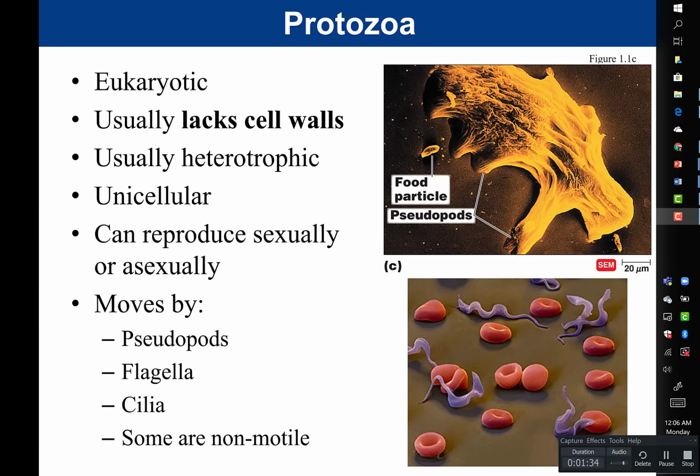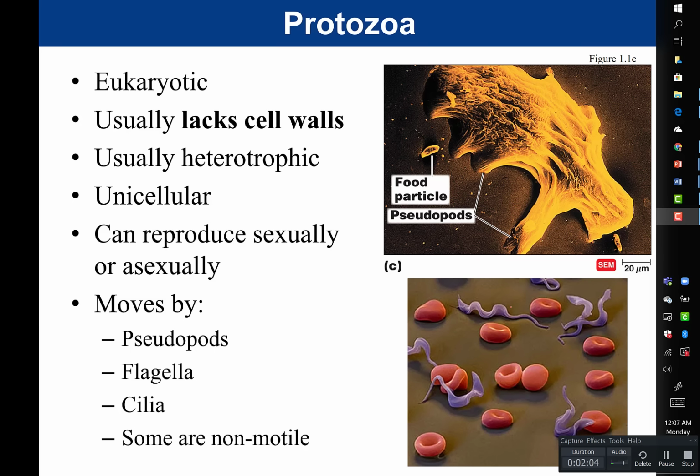What you're seeing in the bottom here, these little purple squigglies that are mixed in with the red blood cells, that is a type of organism called Trypanosoma. And Trypanosoma is an organism that can cause what's called African sleeping sickness. Like the name suggests, what ends up happening to patients is that when they have this infection, and this infection is heavy, meaning there's a lot of these organisms in the blood, the organisms are then